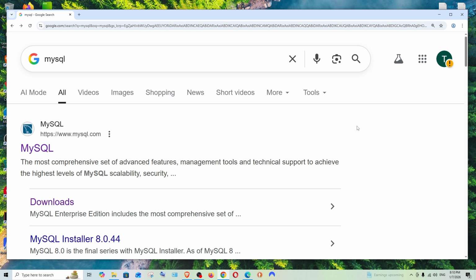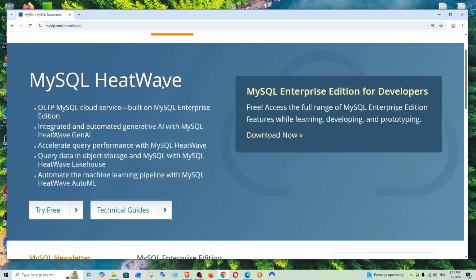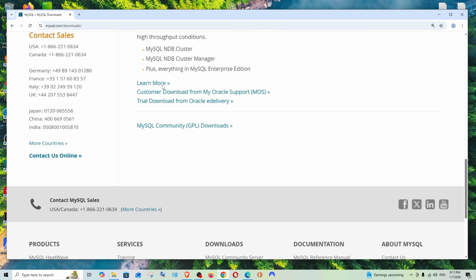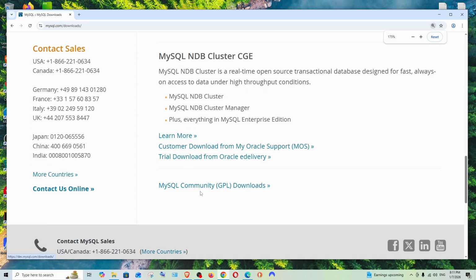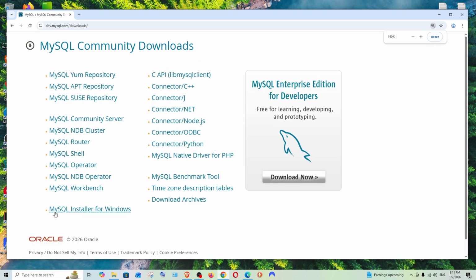First thing, just Google MySQL. We'll be having the official link from mysql.com. Click it, and here we are having the downloads option. Select this. If you just scroll down here, at the end we will be having this MySQL community GPL downloads. Click it, and here we are having MySQL installer for Windows. Select this,